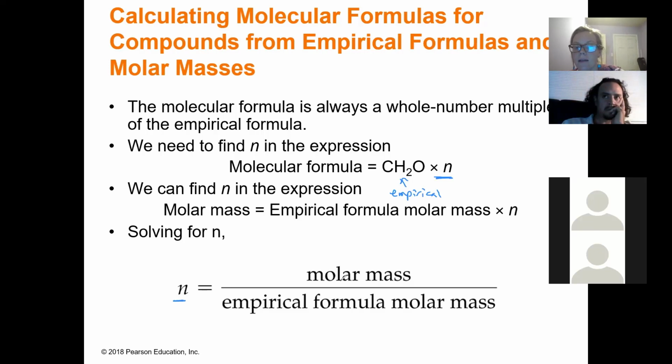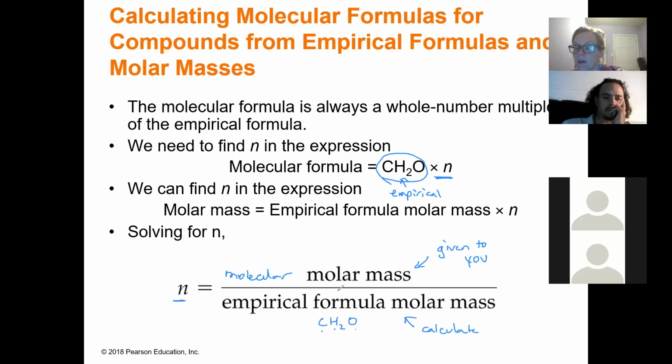Well, N is the molar mass, or specifically the molecular molar mass. And this is going to be solved experimentally, or, I mean, you guys aren't going to run an experiment during a test. So this is going to be given to you. They're going to say, hey, the molar mass of this thing is blah, blah, blah. What is the molecular formula? The empirical formula molar mass, you're going to calculate. How are you going to calculate it? Well, you have the empirical formula, right? It's CH2O. So you're going to take the mass of a carbon, the mass of 2 hydrogens, and the mass